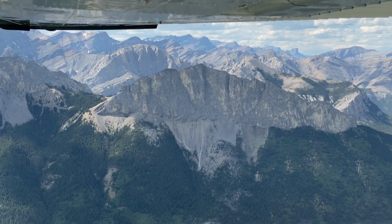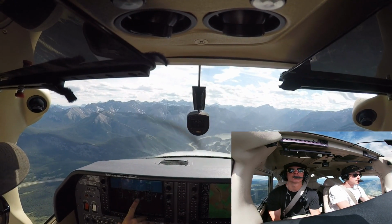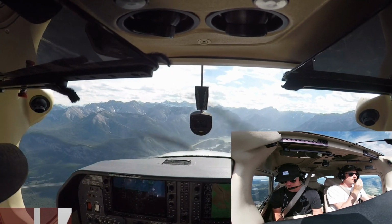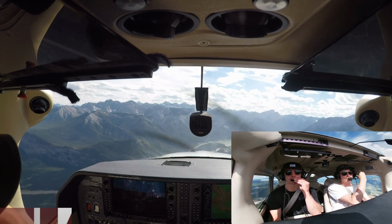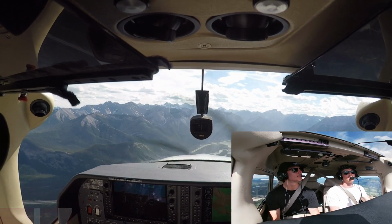We've got helicopter traffic right here. I'm just going to do a call really quick on 1, 2, 2, 3, 1, 2, 2, 3. Canmore area traffic, Cessna 182 Foxtrot India Alpha Zulu, currently travelling west into the Rockies, about 10 miles